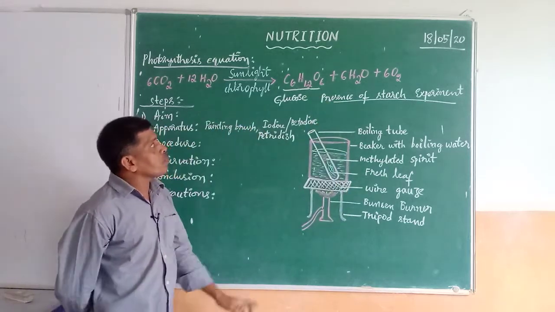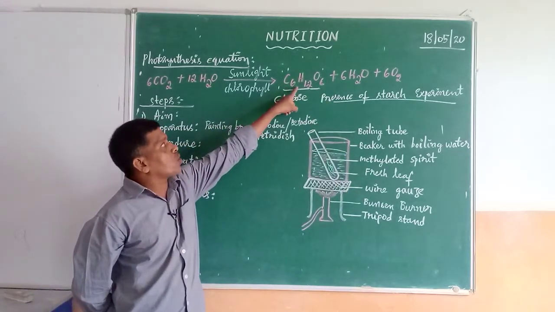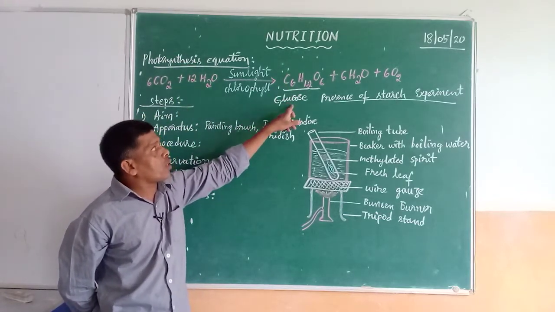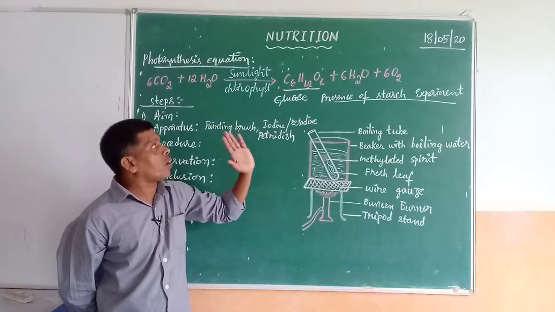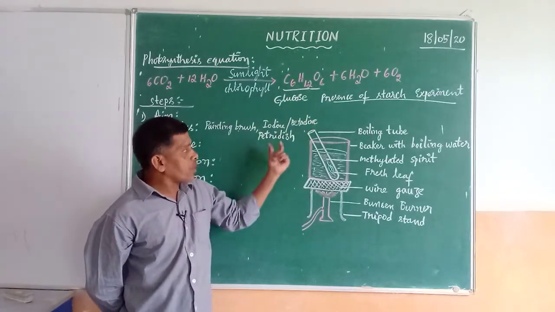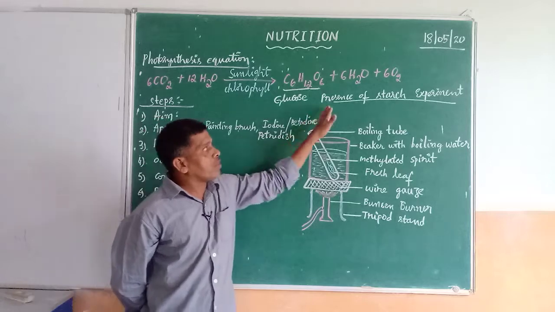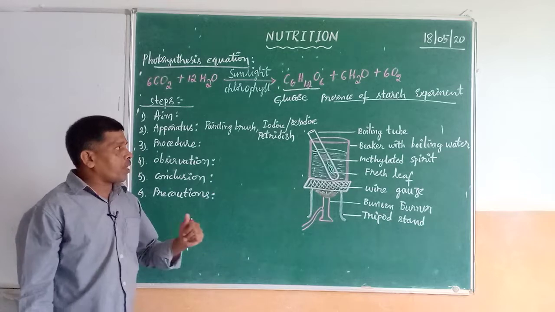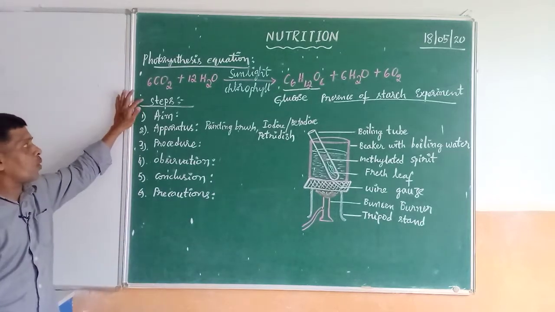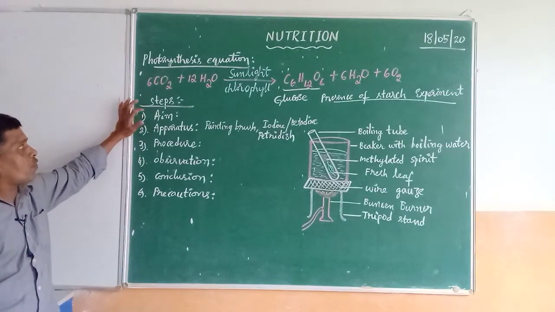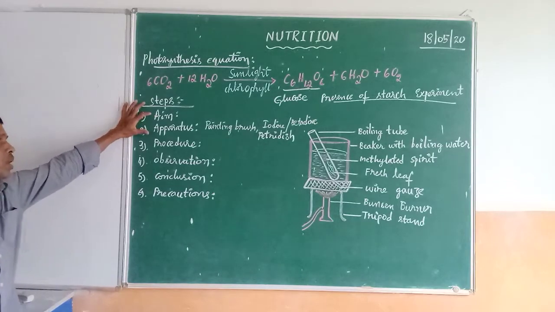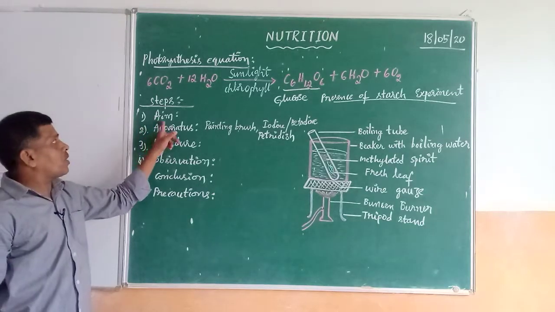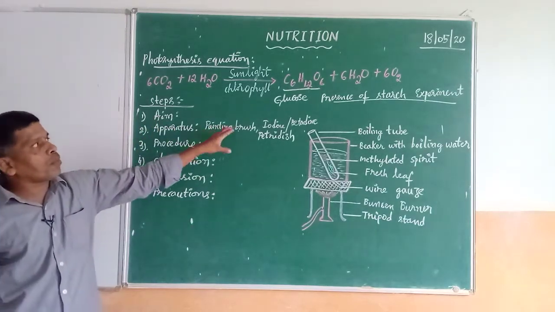Now today, the preparation of food by the plants is because of a process called photosynthesis. Whether plants really undergo photosynthesis or not, whether the leaves contain carbohydrates or not, we are going to know today from this experiment, which is known as the presence of starch experiment. For this experiment, what do we require? As we said yesterday, there are some steps to be followed while performing an experiment. The very first step is the aim of the experiment. Today's experiment is the starch experiment, so the aim is to show the presence of starch in the